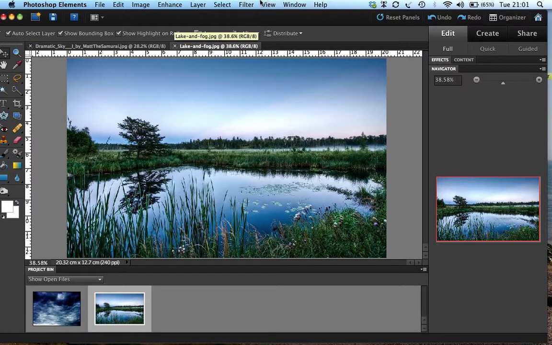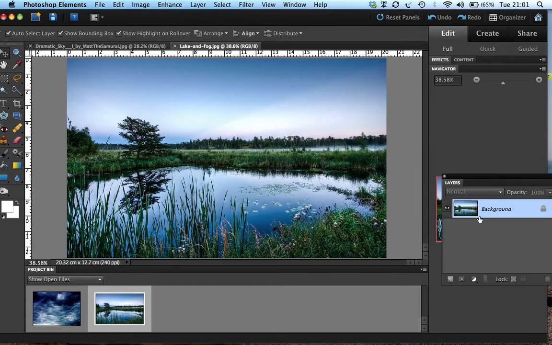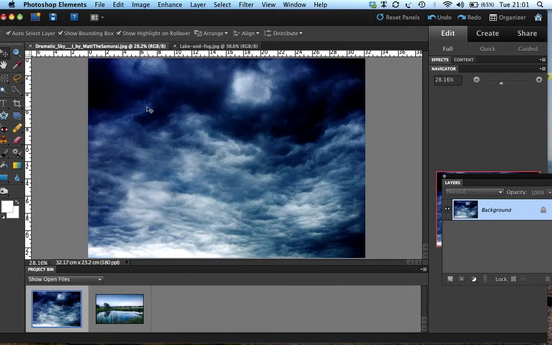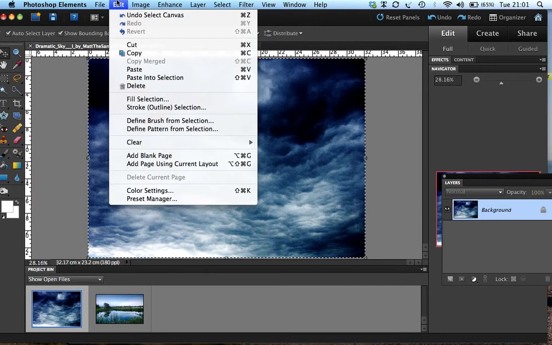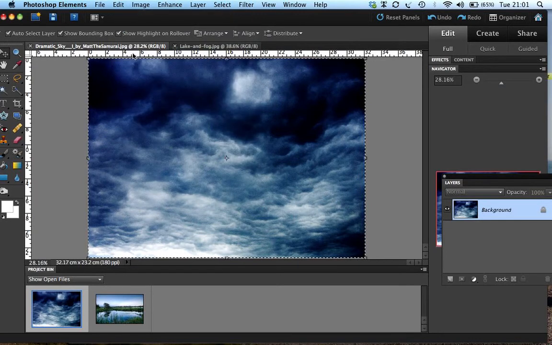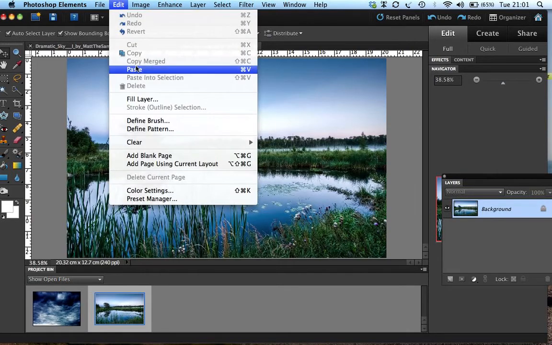Go up to Window and Layers and make sure there's a tick mark beside your layers to open your layers palette. You can see the background image of the lake and fog here. Next thing you want to do is to click on your layer of the sky, go to Select and All, and Edit, Copy. Click back onto your main image again and go Edit and Paste to paste the image of